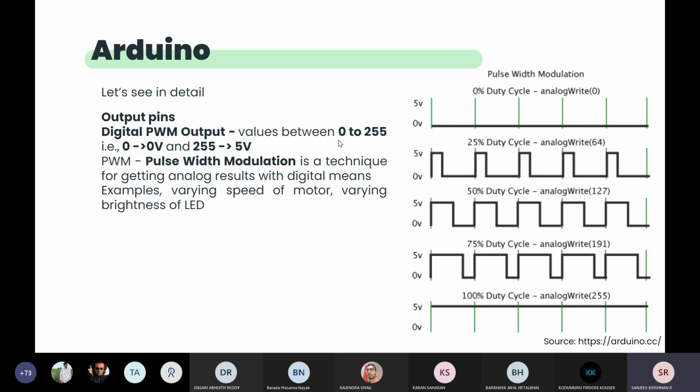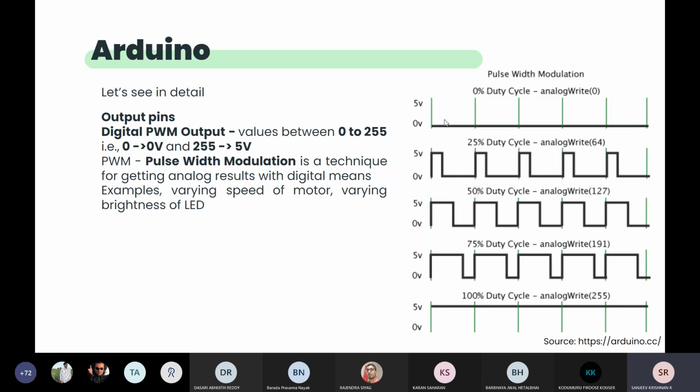So how do we give these numbers, or how do we read these numbers? That I'll come to later, but understand the concept. So how is this pulse width modulation happening? This is the output wave. If it is constantly giving 0 voltage, then it is 0% duty cycle.